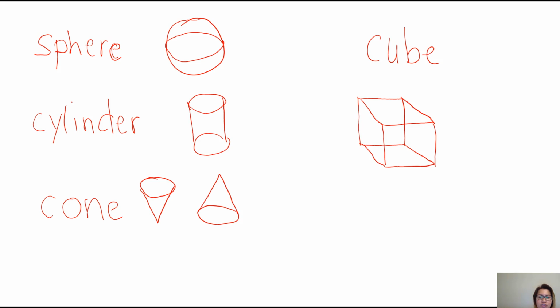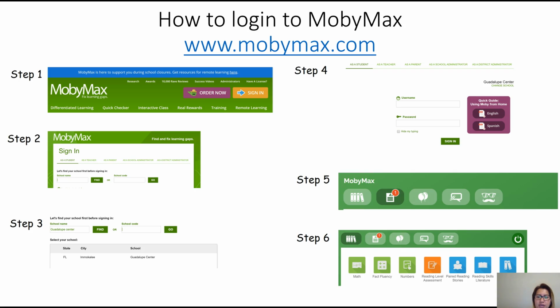All right, boys and girls, so those are 3D shapes that you can draw, okay? We have a sphere, we have a cylinder, we have a cone, and we have our cube. All right, so I want you to practice drawing those 3D shapes. Now we are going to go to the next page, boys and girls, and now it's going to be your